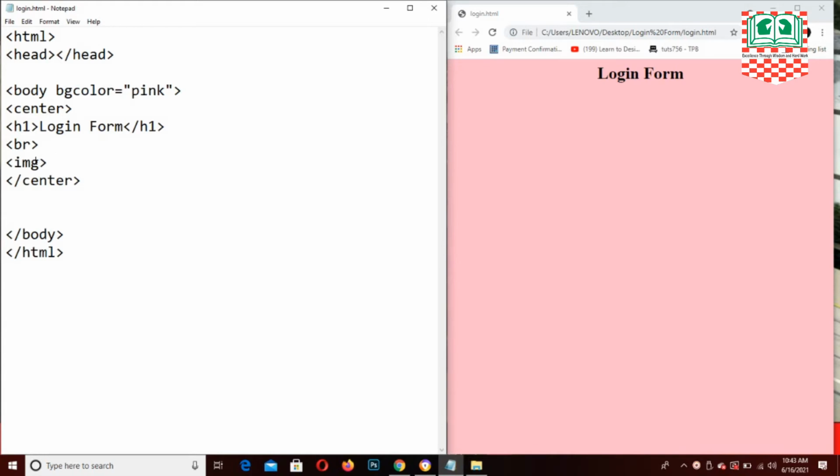Good. So the BR doesn't have a closing tag, and the image too doesn't have a closing tag. Do you understand that? Good. There are some tags that don't have a closing tag, while there are some tags that have a closing tag. Okay. So like I mentioned about attributes, we're going to use the attributes to make the image show on